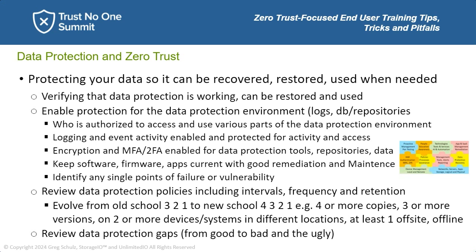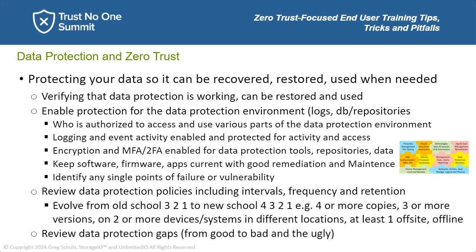This also means expanding from legacy old school 3-2-1 data protection, having 3 copies, at least on 2 different systems or devices, and at least one of those offline, off-site. Okay, new school 4-3-2-1 is adding another dimension, i.e. emphasizing that you have 4 or more copies or versions, and that there are at least 3 copies or versions. You can flip-flop, but it's putting emphasis around not just a copy, but also that point-in-time version.